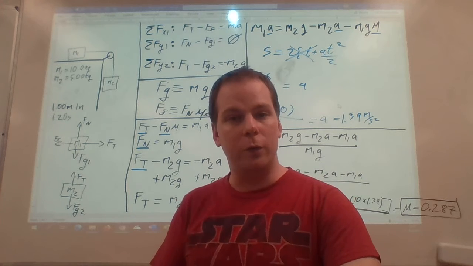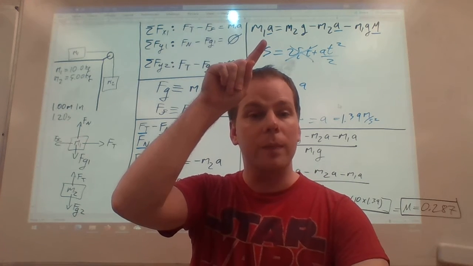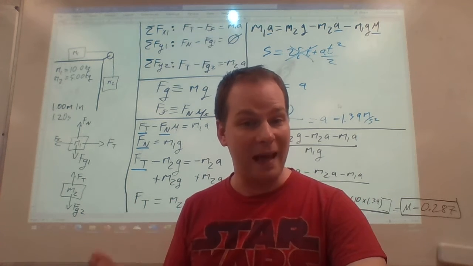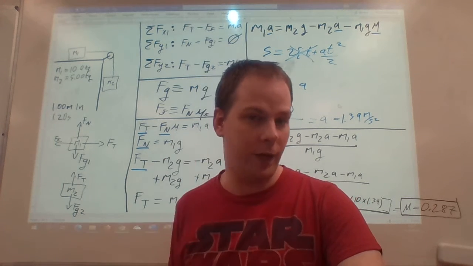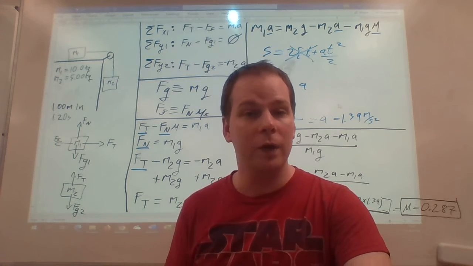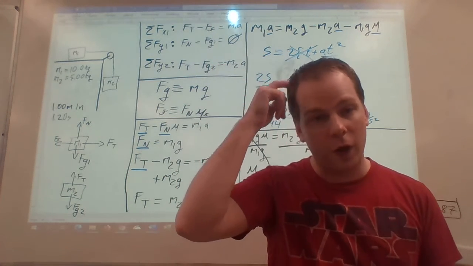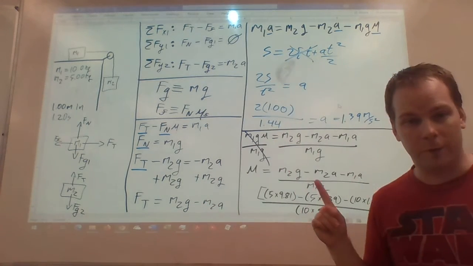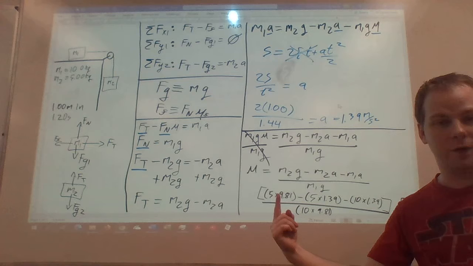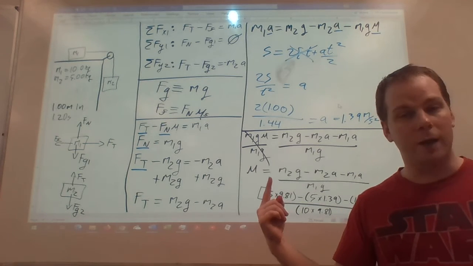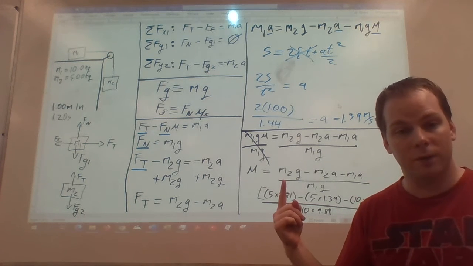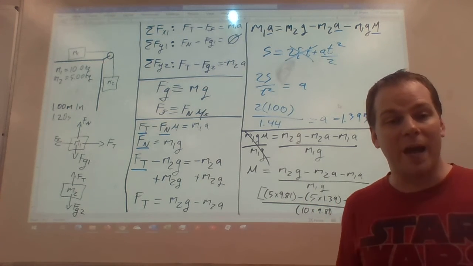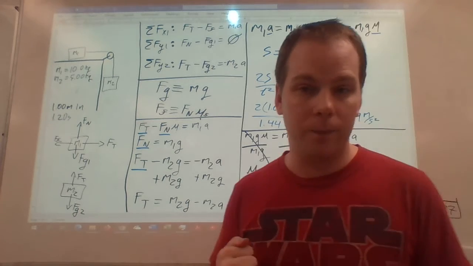The only difference is you know A because you measured it in LabVIEW, and we actually got that off of the graphs to have your acceleration. So this is the equation that you're working with, where M2 is your hanging mass, G is G, and M1 is the mass of your block on the